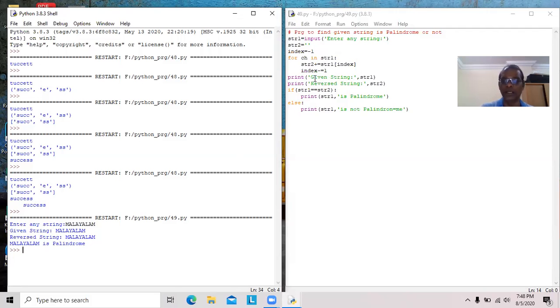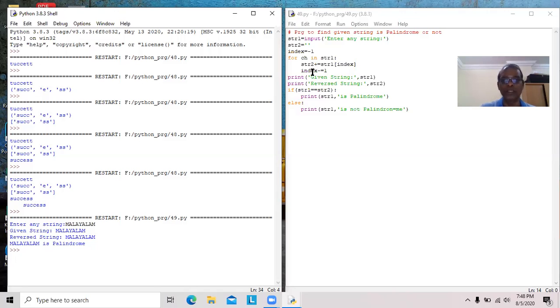This m will be assigned to the first character of str2. Then index becomes -2. Again ch is assigned with the last-but-one character, that is a. Here str1 of -2 is a. A is appended to str2. str2 already has m, then ma.